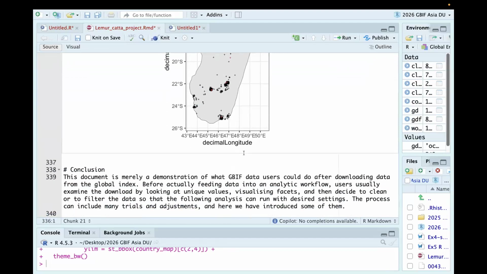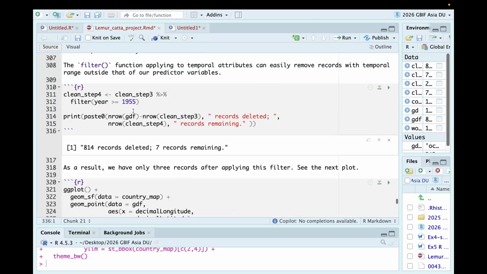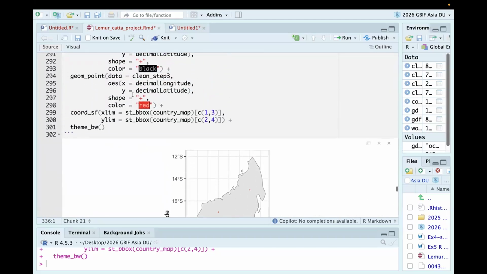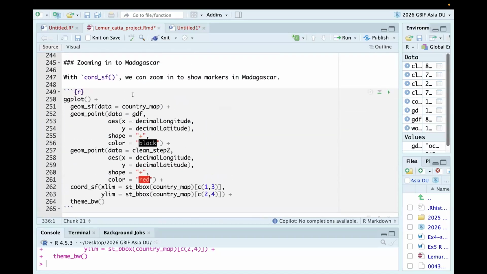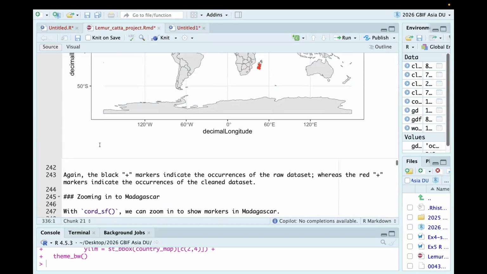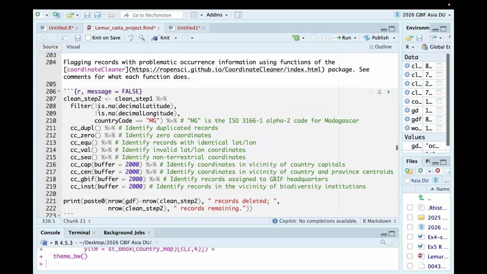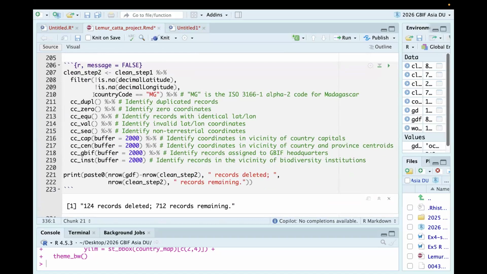So this is just a demo and a really simple, basic example of what data cleaning can do to GBIF data before you use it for your analysis. Not everyone uses the same quality filtering. It really depends on what analysis you are going to do. For example, let's go to this step. This function comes from the package